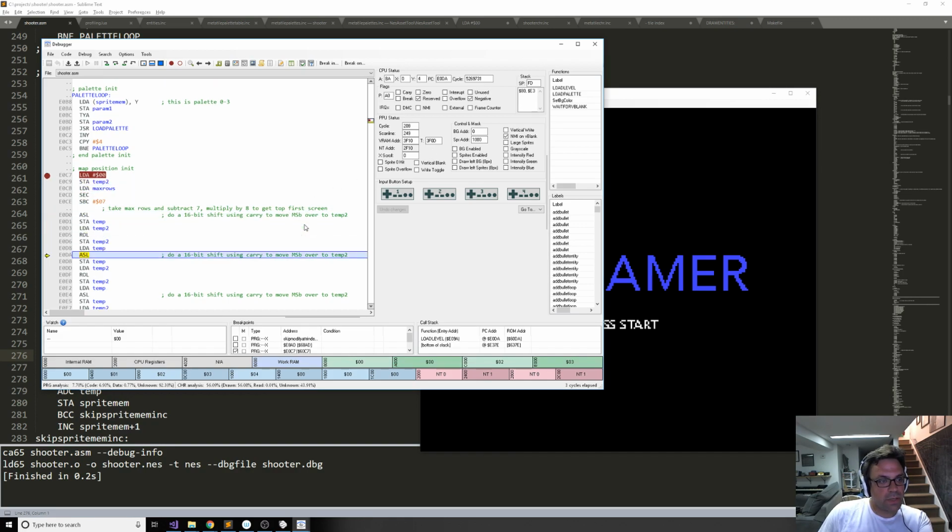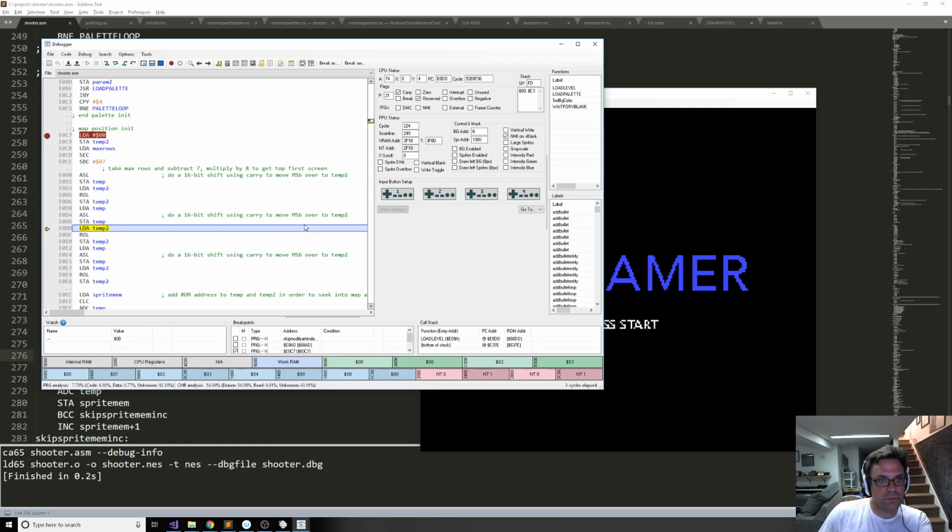Store it, then load temp again, and then we're going to do another shift, and then this time carry is actually set, so we store 74, we load temp 2, we're going to rotate to the left so it shifts that bit on. We store temp 2, which is now the value 1. We're going to load back this, we're going to do another shift, carry is 0, store it, temp 2 gets rotated so that it gets the value of 2. Restore that. So what we're looking at is 2E8,